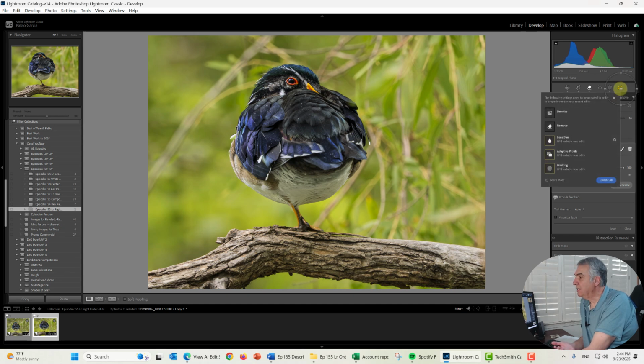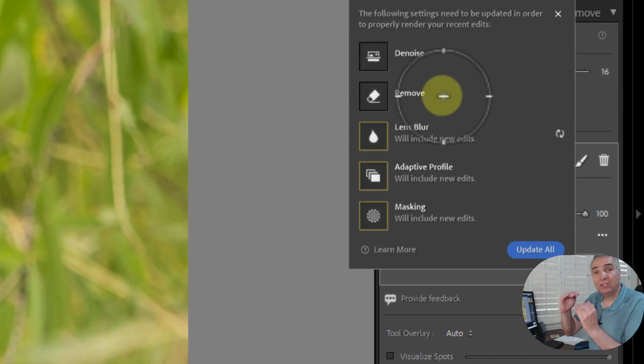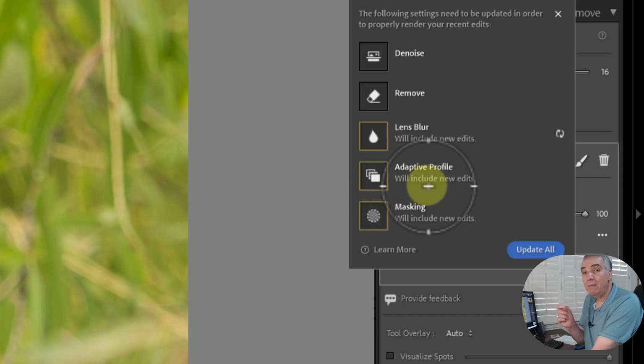So if I click on the warning, the noise and remove are fine because they're earlier on the priority. Lens blur, it says it's going to have to be redone. It will include the new edits. Adaptive profile will include the new edits,